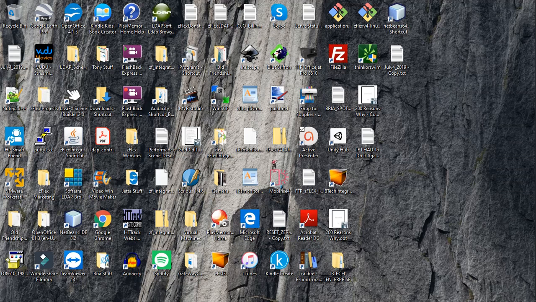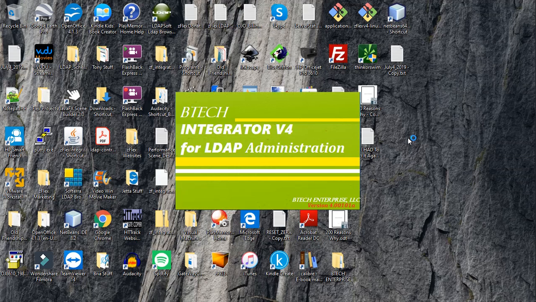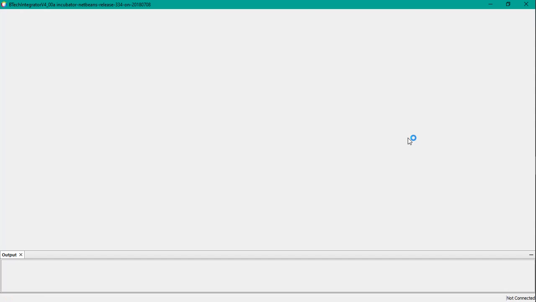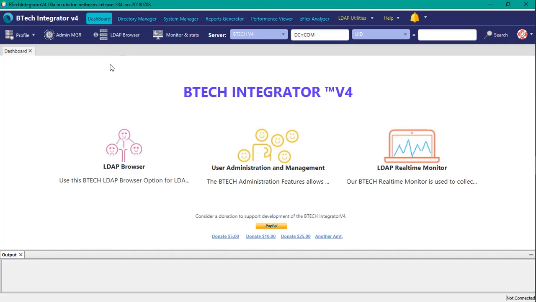In this tutorial, we're going to walk through the setup of a new profile for LDAP search usage for our browser. This is the Integrator version 4 that we'll be using by BTech, which is the BTech Enterprise Solutions. The first part that we need to do, of course, after you've downloaded the Integrator, is go to New Profile,